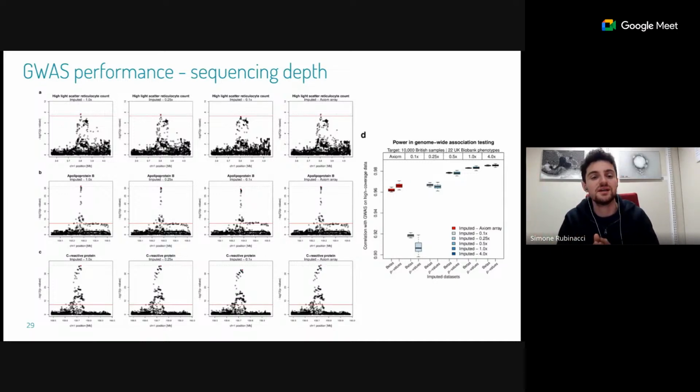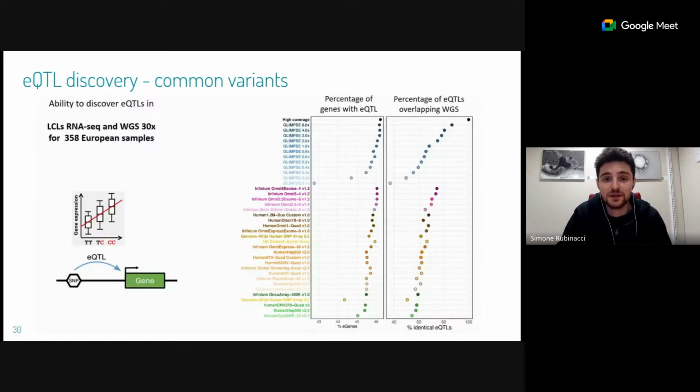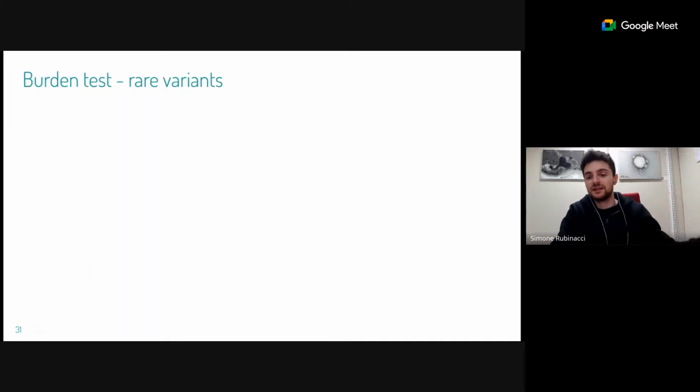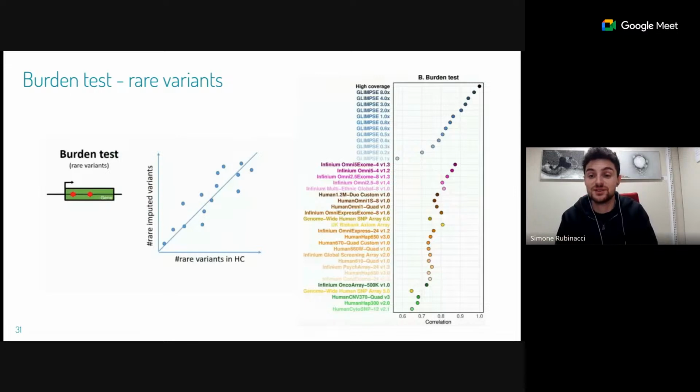And so what I'm showing here on the left side is some local zooms so that you can see the difference between 1x and different other low coverage sequencing, but also SNP array data. And what I'm showing on the right side is just an agglomerate form, just to understand what the power is overall. So we've been looking at this in the context of GWAS, as I'm showing you here, but also in the context of eQTL mapping using gene expression data, and we see a similar pattern. And finally, we also look at the power of association testing for rare variant burden tests, which look at rare variants specifically. And even in this case, we show better performance.